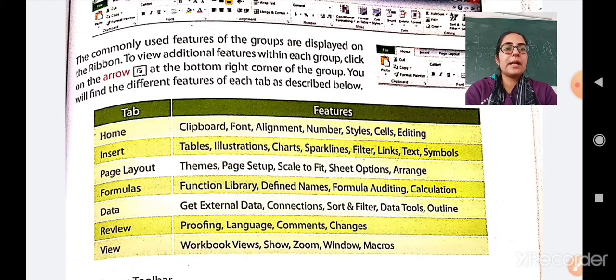Formulas: function library, defined names, formula auditing and calculations. Data tab: get external data, connections, sort and filter, data tools and outline. Then Review tab: proofing, language, comments and changes. View tab: workbook views, show, zoom, window and macros. Okay, so these are the 7 tabs and their features.